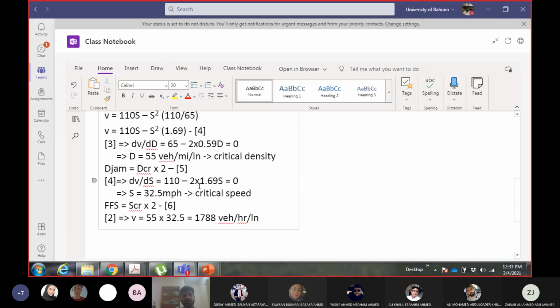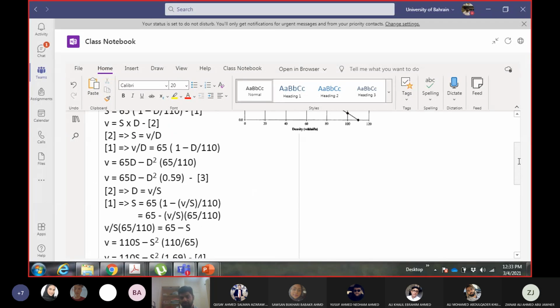Now, what I have explained here is how to develop the relationship between the macroscopic parameters, or you can say how to develop your own traffic flow theory models. So you have just developed traffic flow theory models. These set of equations are basically traffic flow theory models. Okay. Now, in some other example, like I will show you later on,